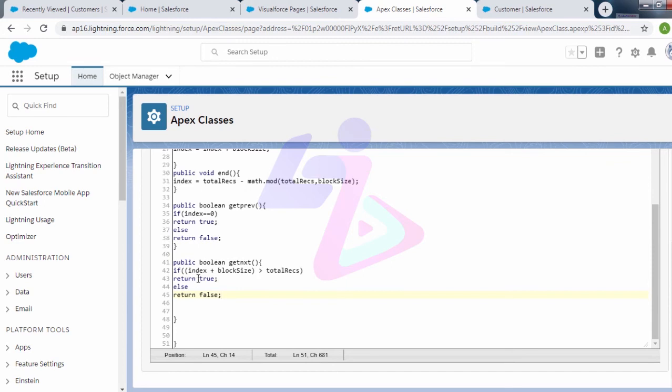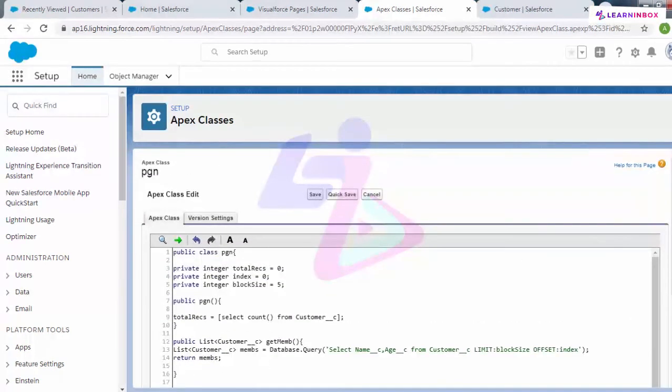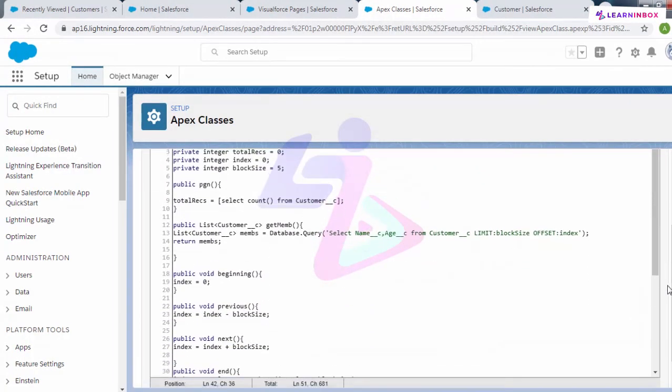So what the logic is, if the index plus the block size is greater than the total records present inside our object, in that scenario, it will return a true value, or otherwise it will return the false value. Okay, so this is my Apex class.